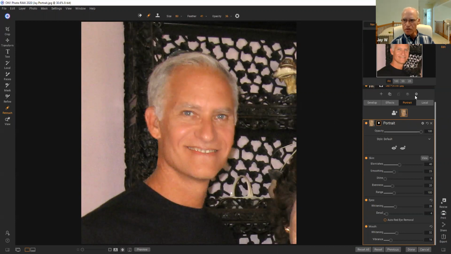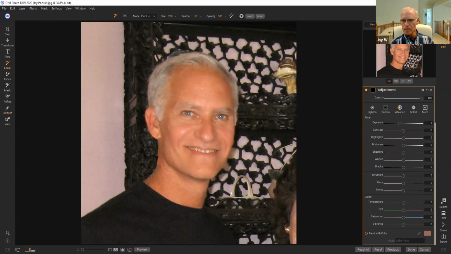The last adjustment, you need to be in local. So I am coming over to the right-hand side and I click on local. And so in local, I am going to make sure that my exposure is at 0. And remember, you can adjust all of these to 0 just by clicking on the word and the slider will go back to 0. The tool that we're going to use in local is all the way at the bottom,